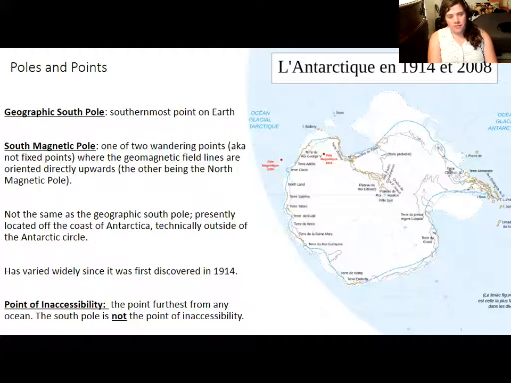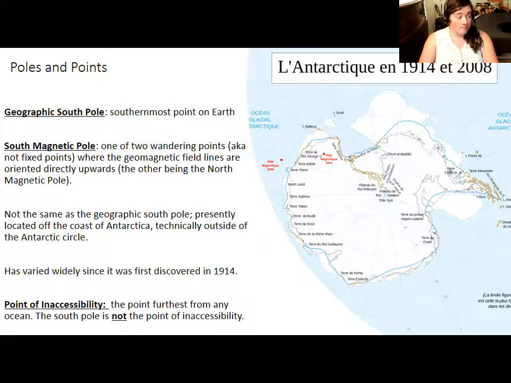But now let's introduce some of the important geographic points. We know where the South Pole is, but what South Pole do I mean? When I talk about the South Pole, I'm referring specifically to the South Geographic Pole, the southernmost point on Earth. There is also something called the South Magnetic Pole. Earth is essentially one giant weak magnet, and even though it's a weak magnet, the magnetic field, which is produced by molten iron in Earth's core, does serve to keep solar wind from killing all of us, and it also contributes to the existence of the aurora australis, the southern lights.